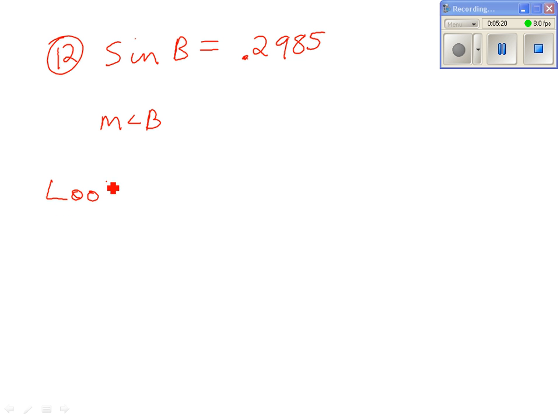So problem 12 on the second page, right? Sine of B equals 0.2985. And we're looking for the measure of angle B. All you're going to do is take your calculator. You're looking for an angle. Remember, anytime you're looking for an angle,